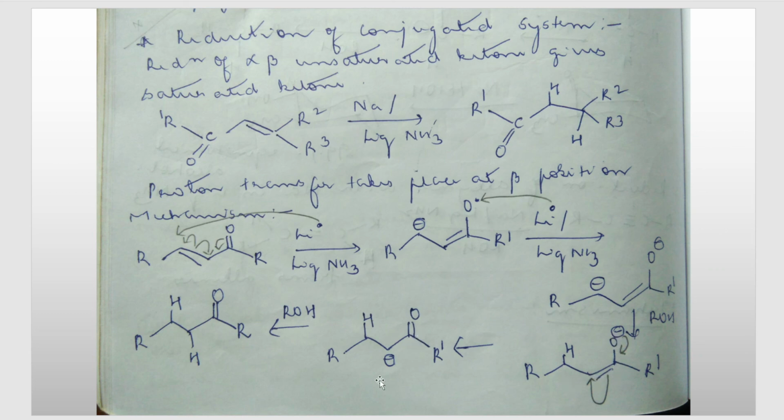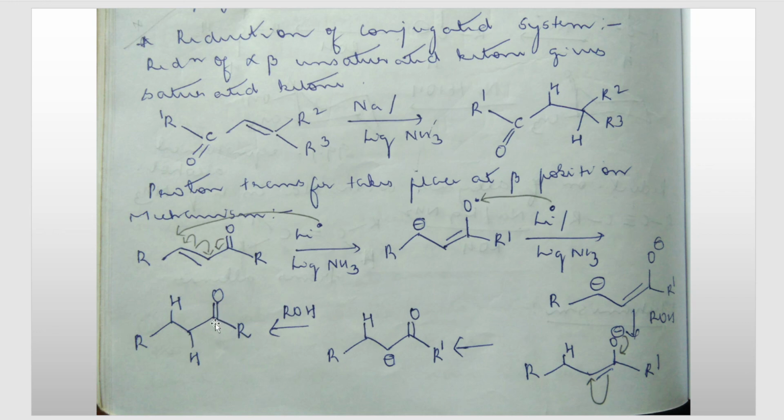Next, since there is a minus charge here, once again there is protonation taking place. ROH once again protonates this, and H will come and attach over here because there is a minus sign here. See now, students, very important: this shifting is very important. Directly it won't get protonated and one H won't be added here. If we add one H here, then we will end up with an alcohol, but we want to get a ketone only. We want to get a saturated ketone.